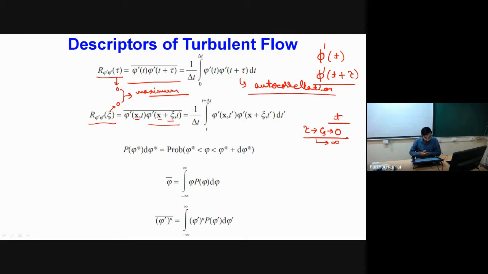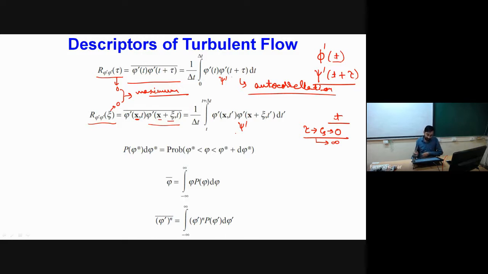Now, when we apply these measurements for two different variables, say phi I have measured at time t, and instead of phi, I have measured another variable psi at time t plus delta t, my equation will now become psi dash. Over here also it will become psi dash. So when we apply this formulation for two different variables, it represents the relationship between the two different variables. In that case, it is called cross correlation.